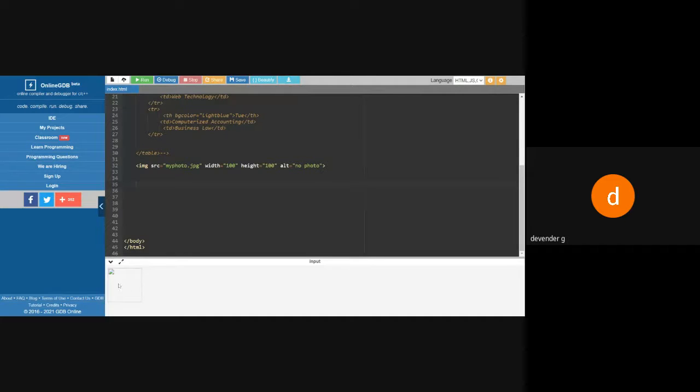I want my image to have that hint. So we have two options. One is alt, which means if the image is not available, display this message. And also you can use something called title. Title is nothing but some information. So my pic, I'll say my pic. Source is the location of the picture, and size is how big you want it. If the image is not available, you show this information, and if you don't understand what the image is, give this information.